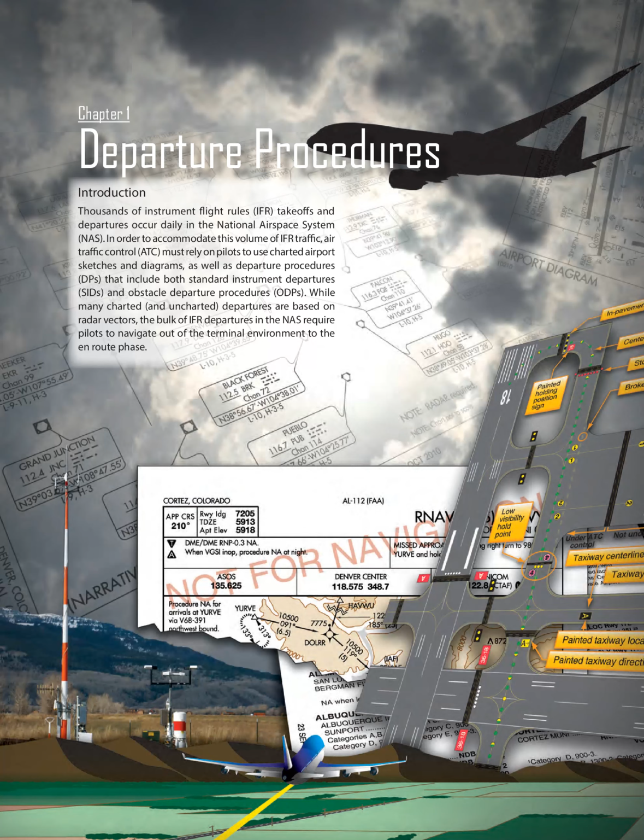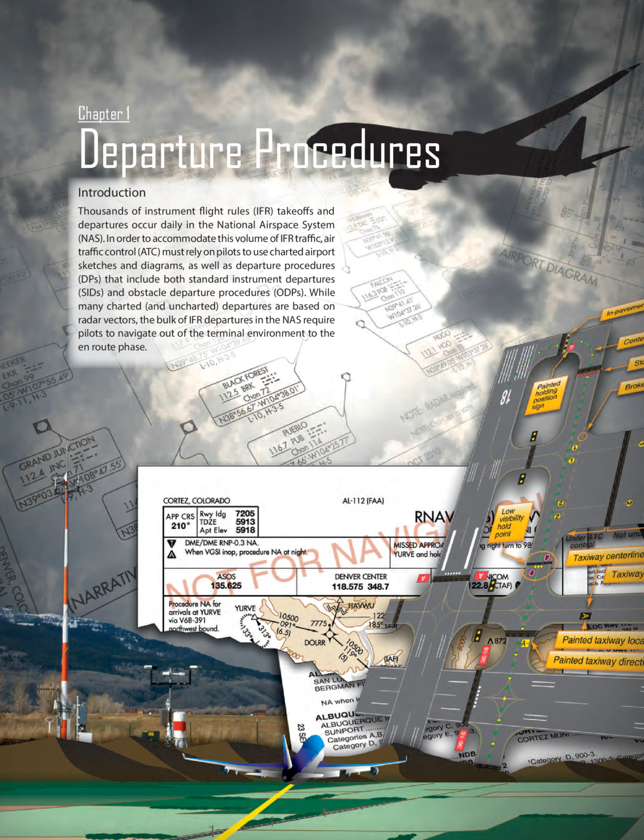Chapter 1: Departure Procedures. Introduction. Thousands of instrument flight rules, IFR, takeoffs and departures occur daily in the National Airspace System, NAS. In order to accommodate this volume of IFR traffic, Air Traffic Control, ATC, must rely on pilots to use charted